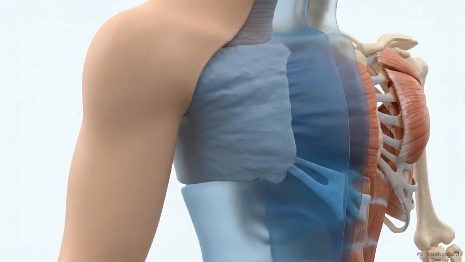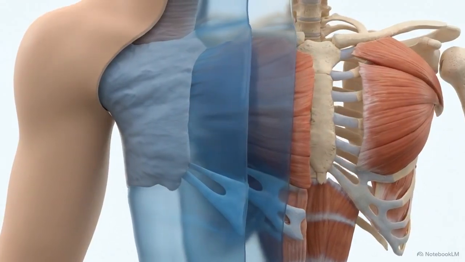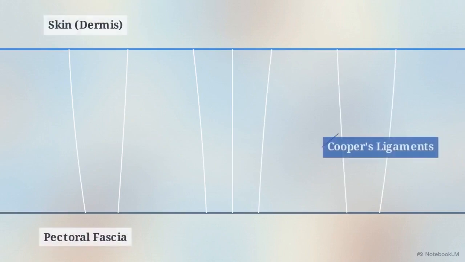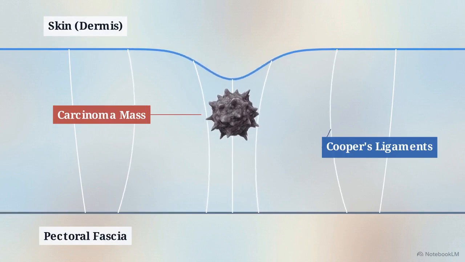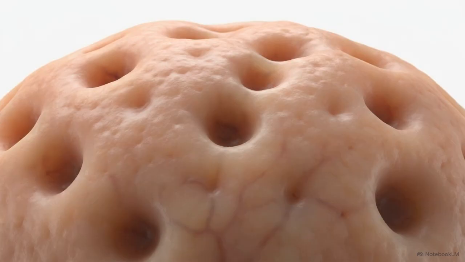By reassembling the entire anterior thoracic wall, we can observe how these interlocking systems function and fail as a cohesive unit. In breast carcinoma, structural changes to these distinct layers dictate the physical presentation. Tumor tethering to Cooper's ligaments causes the skin dimpling we noted earlier, while physical obstruction of the superficial lymphatic drainage causes a thickened, pitted skin texture known as peau d'orange. The depth of tissue invasion dictates the staging.